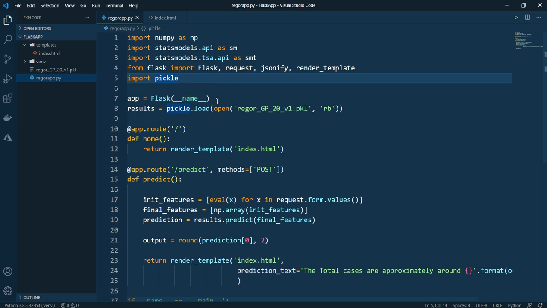So first, how do you proceed with this? This is the very standard line. This line remains constant for any application unless you are changing the name of app. Instead of app, if you put anything else, you have to keep track that you have changed it, otherwise somewhere in between it will not compile or it will throw an error. So this is the name of my Flask application, that is app. Later this has a very vital role when you want to deploy onto some cloud service. So just stick to the name app unless there is a strong requirement to change it.